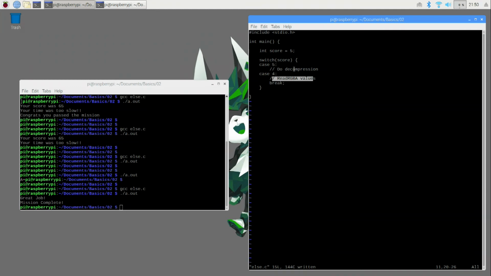Again, this is something you're not going to be using very often, but in terms of syntax, this is one quirk that the switch statement has that can be used to different effects. And then default, break, will be read RGB value. So in this case, if it's a 5, you do the decompression and read the RGBA values. Otherwise, if any other number besides 5 or 4 comes in, then it's just a standard RGB image or something to that effect. But this is just to give you a quick introduction to if-else and the switch statement,